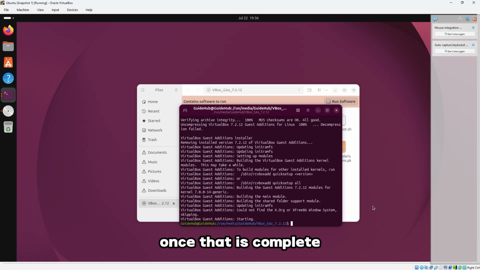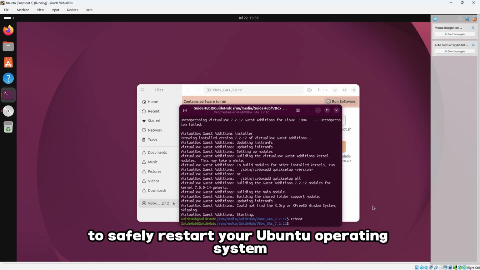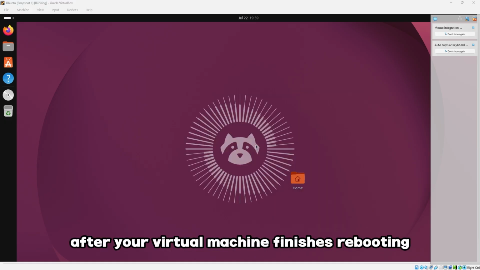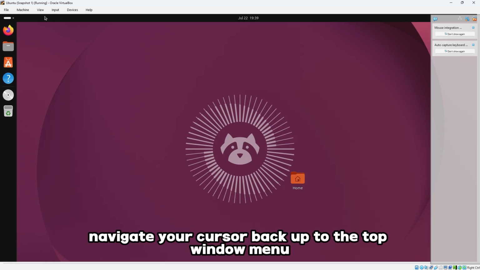Once that is complete, simply type the reboot command into your terminal and press enter to safely restart your Ubuntu operating system. After your virtual machine finishes rebooting and you log back into your desktop, navigate your cursor back up